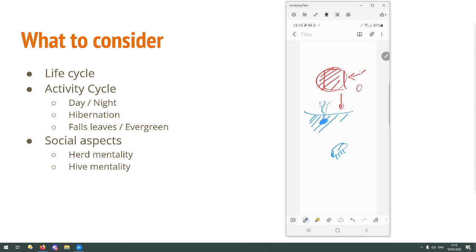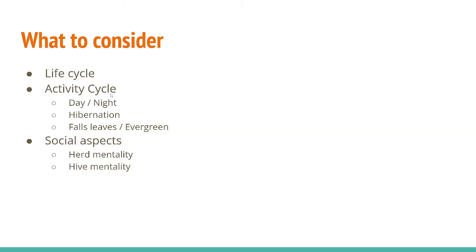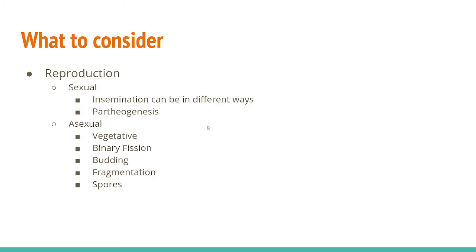So we consider hibernation. So for example, in terms of trees, does it fall its leaves or is it evergreen? And we can think about social aspects. And this will be important. So is it a herd or is it a hive or is it a loner species? And another thing that we should consider is the reproduction. Does it